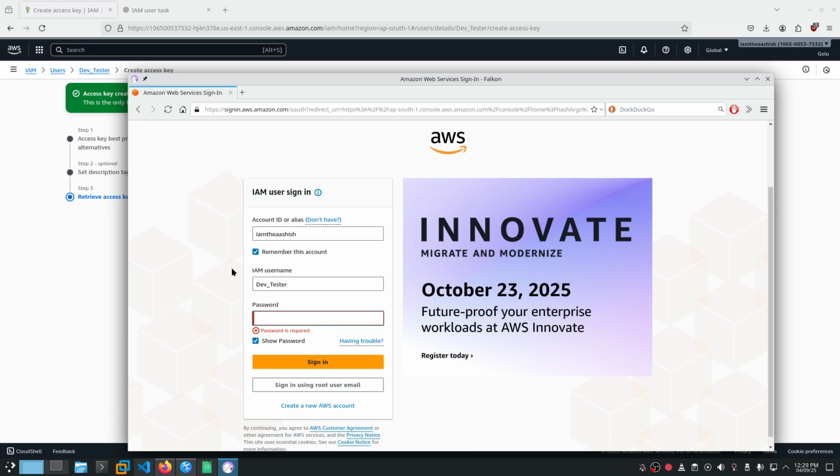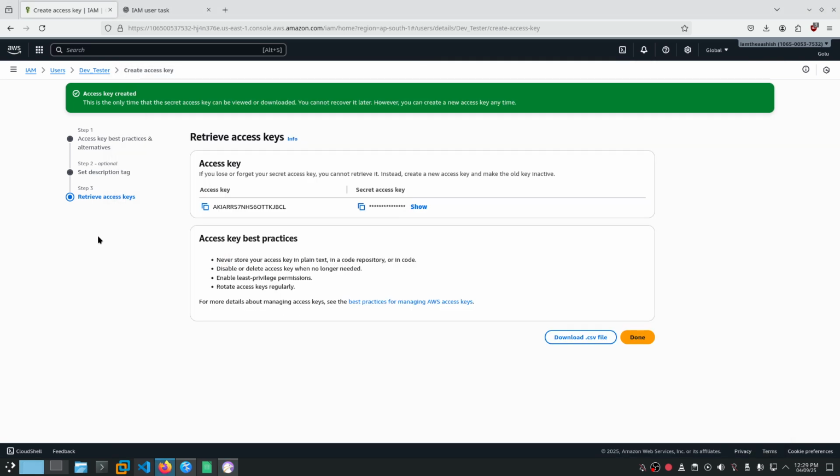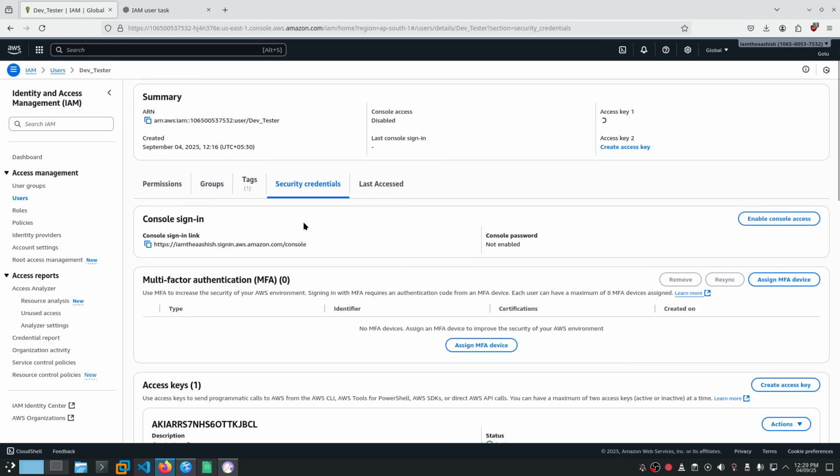I think access key is used for AWS services only and not users. I think so. I don't know.